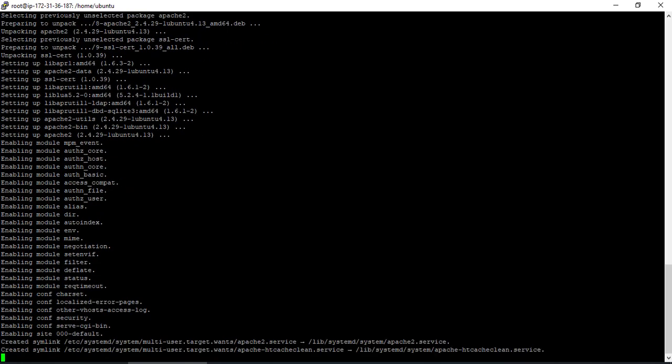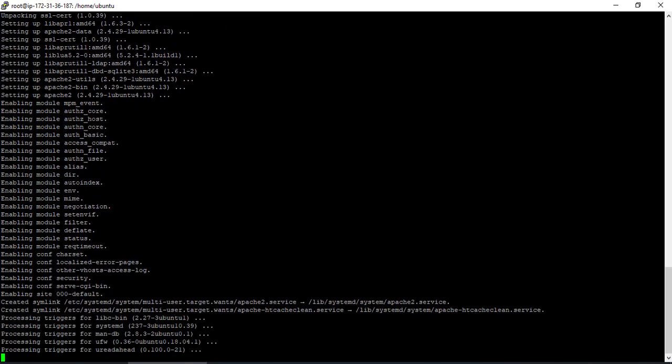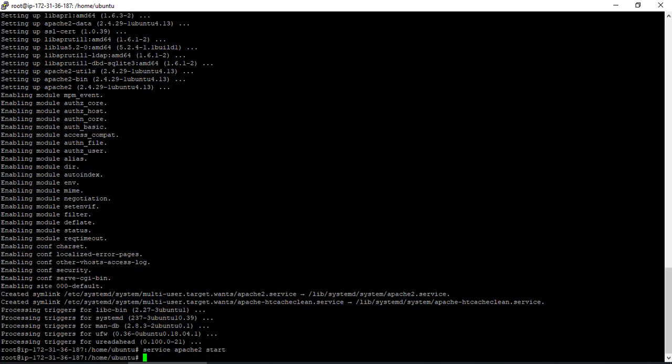So once it gets installed, we will have to see whether the machine is started or not. To start this Apache 2, we have a command called service space apache2 space start. When I say that, it started or not. It doesn't give any error message, so it started properly.